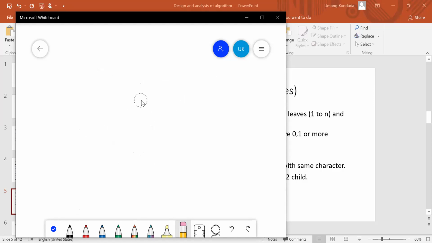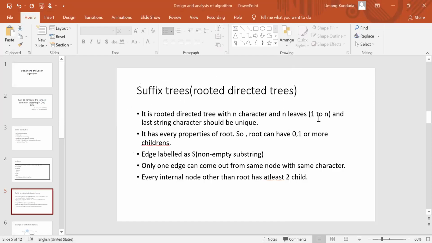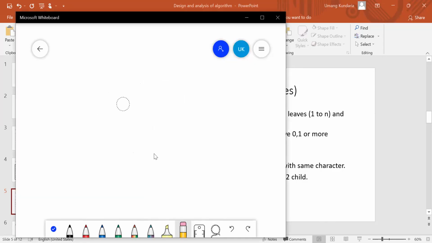In the suffix tree, every internal node other than the root has at least 2 children. So for example, if there is a tree, this has at least 2 children, 2 or more.